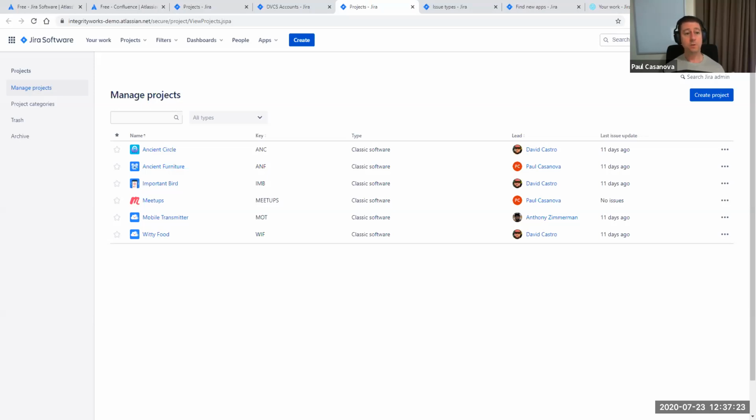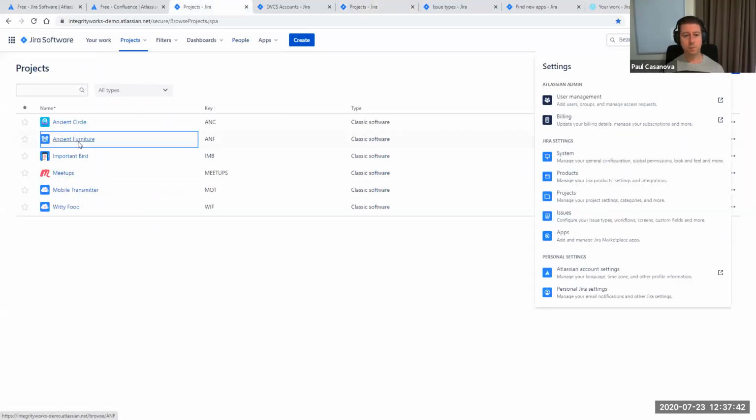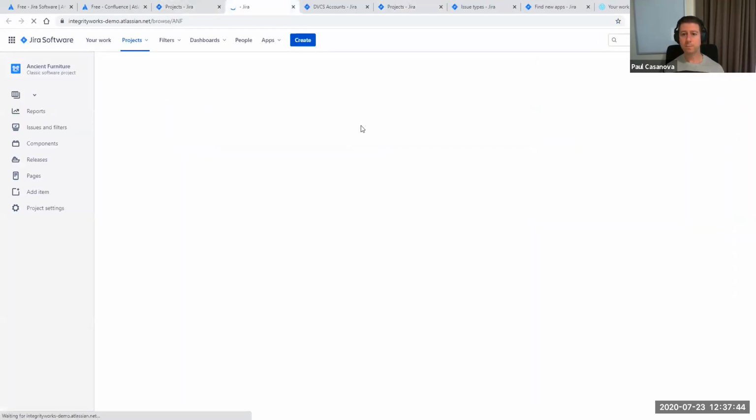Duplication. If you wanted to do bulk duplication, then that's a more difficult thing. There's a plugin for bulk cloning. But if you want to move, so if you've got, say, Ancient Circle as that project and you want to move a heap of data across to another one, that's via a bulk change and a move. So I can quickly show that now. So if we went to Ancient Furniture,